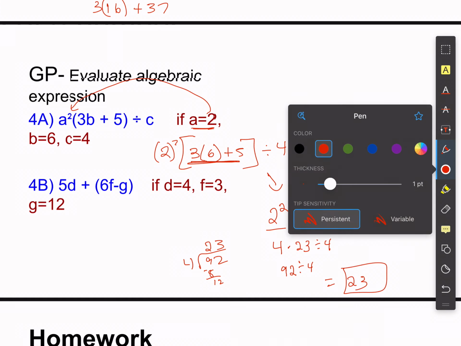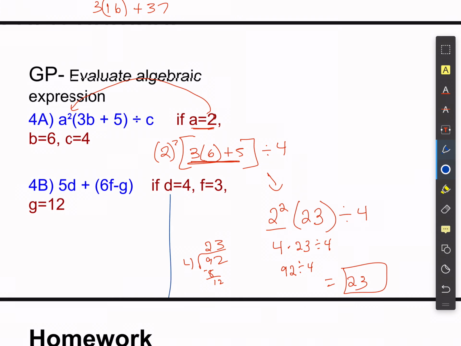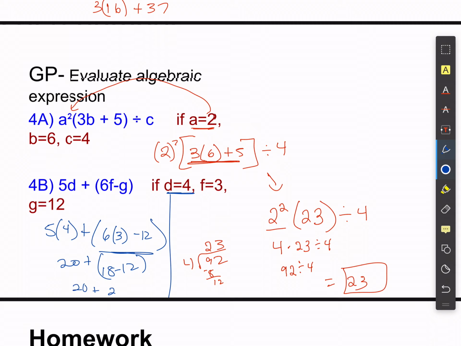Let me just change colors here so we don't get confused. So I'm just going to plug in again. So we have 5 times d, d is 4 in this case, plus parentheses 6 times 3 minus 12. Okay, so I'm going to do my parentheses first. That's 18 minus 12, right, which is equal to 2. So 20 plus 2